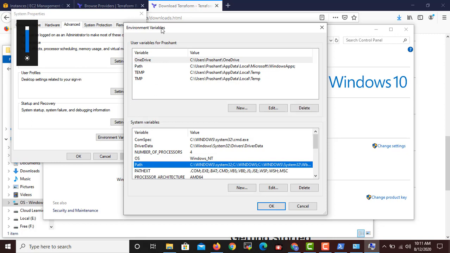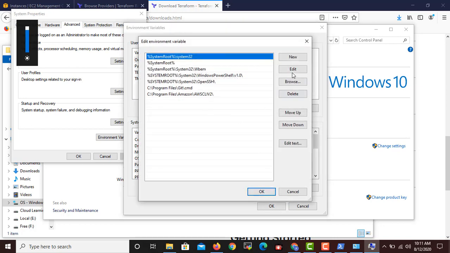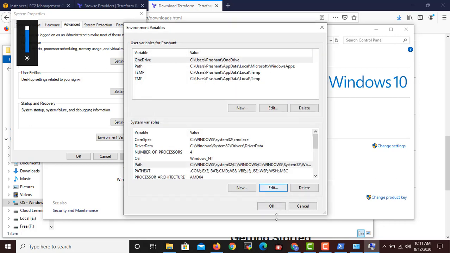In environment variables, remember that you don't need to change only the user variable, you need to change it in system variables so that it is applicable for all users. Now go to New, then add the path C:\Terraform. Okay, done. My path is visible now.